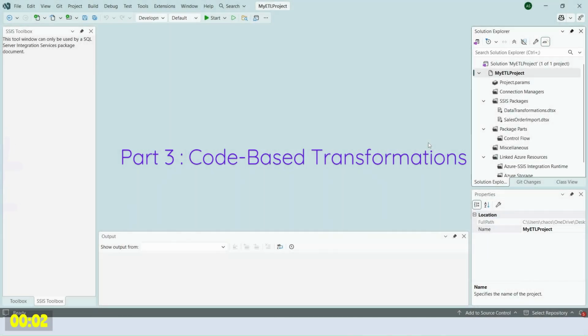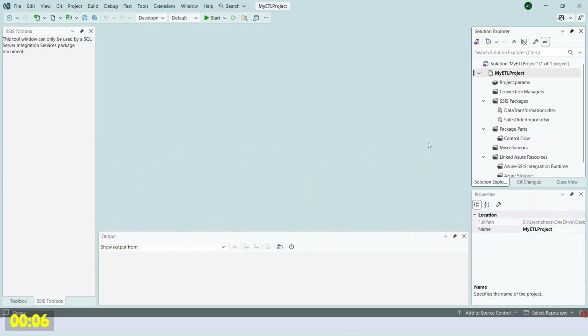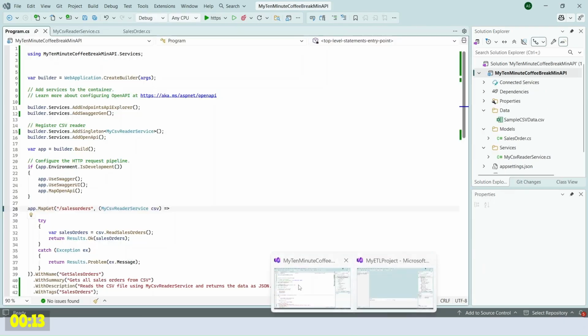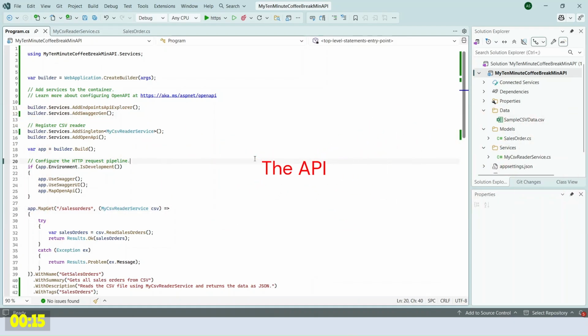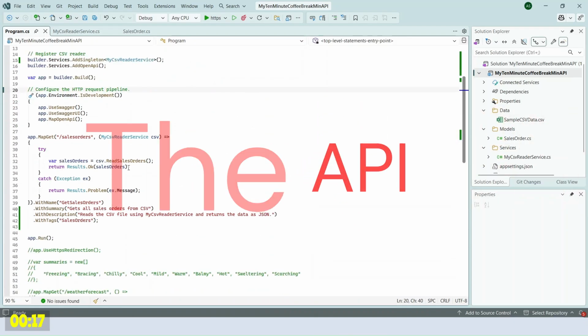In this session, we are focusing on code-based transformation using script task. We will be using C#, so I am assuming you already have basic programming knowledge to follow along. To demonstrate how code-based transformation works, I built a minimal API that reads a CSV file and returns the data as